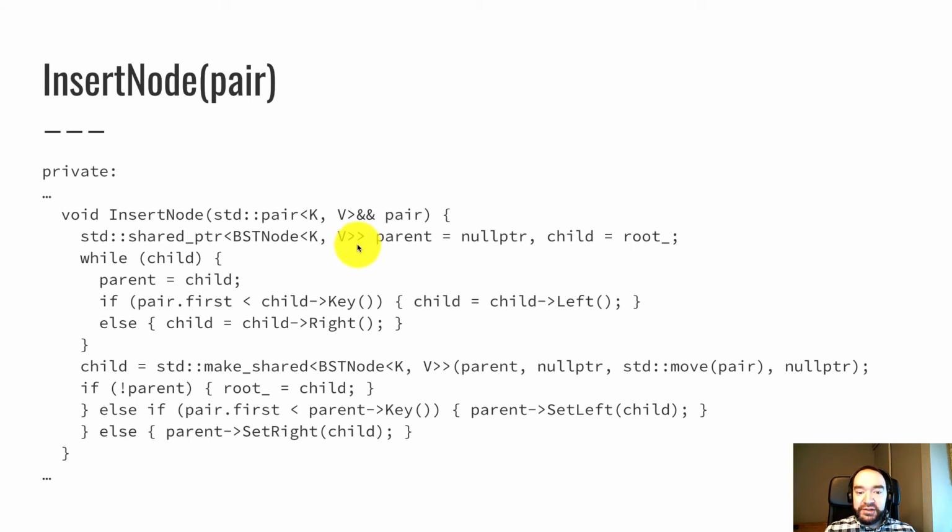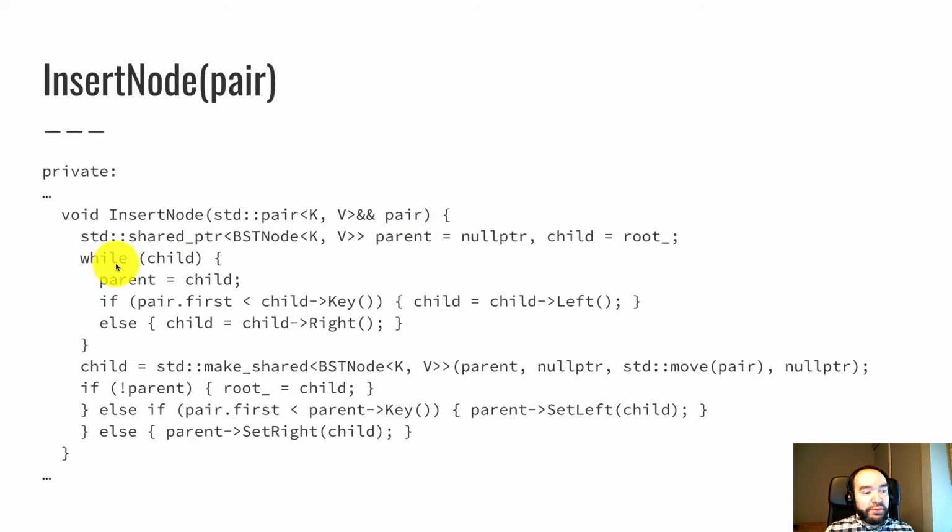We need 2 pointers in the loop. The child pointer is really where the action is. It starts at the root and works its way down to the bottom of the tree until that eventually becomes null when we go past the last leaf at the bottom down to a null pointer. But we need to remember the last node we saw in that process. So we have this other pointer called parent that keeps track of the last node we saw above the child so that when child becomes null, we remembered where the search ended.